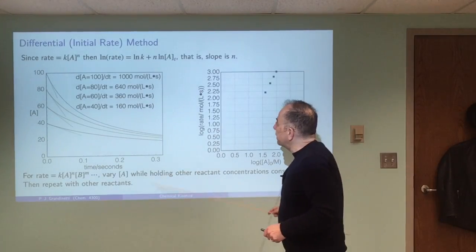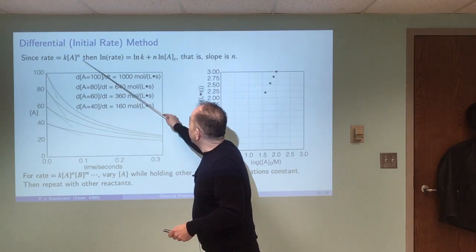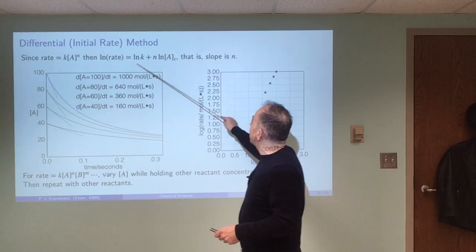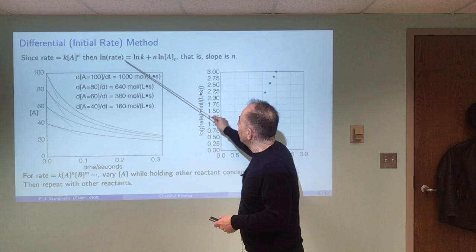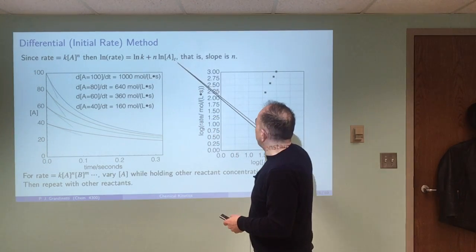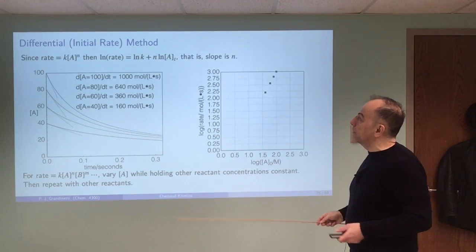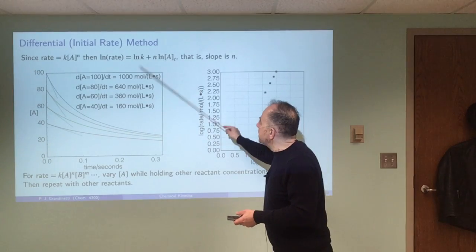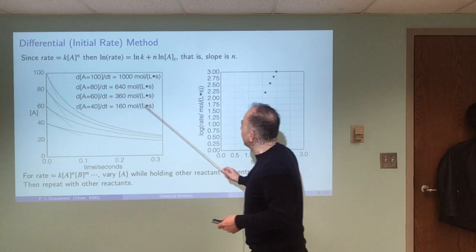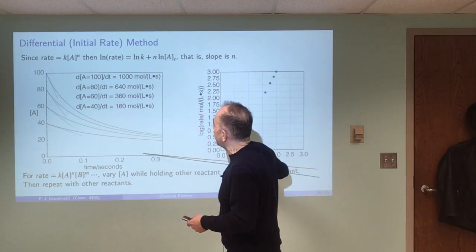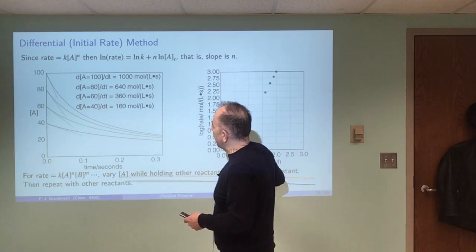Now, another approach is what's called the differential or initial rate method. It is simply to go back and take this expression that we had before and take the log of both sides, and you see that if you plotted the log of the rate versus the log of the concentration, then the slope would be equal to the order. Well, this concentration here is not going to vary in the same way at different times. So what we're going to do is take my example that I had before,